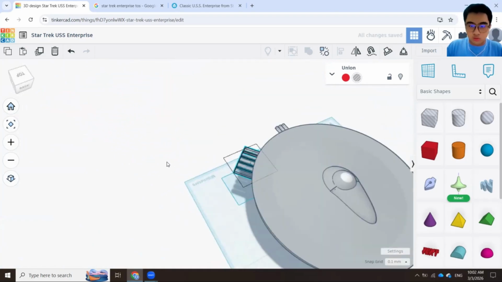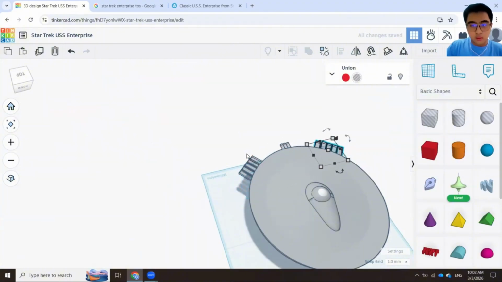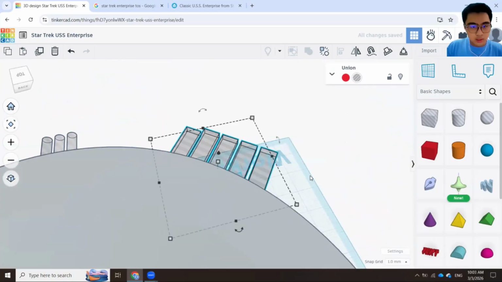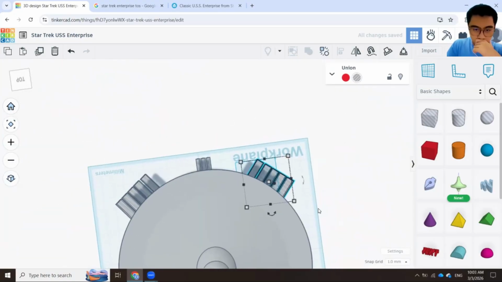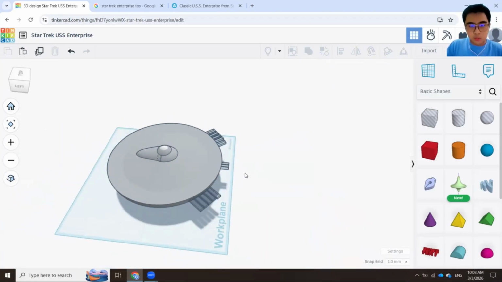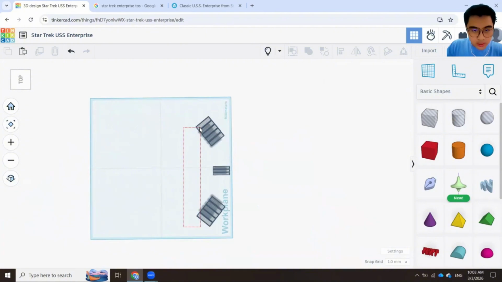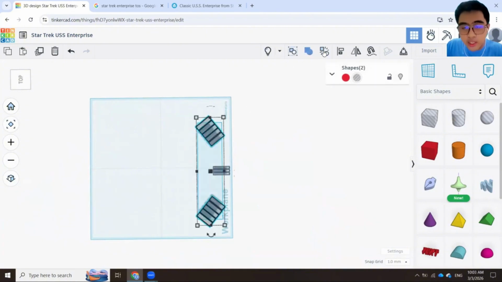Okay, I'm going to Control D at the other side. Control D. I'm going to change the snap grid to one, flip it, and move it. Then, okay, focus it back here. I want to see on top if it's the same. Okay, I think that's about it. Okay, same goes for the back part as well. Wait, this one disappeared for a while, same goes at the bottom. Going to combine these two, not really combine, just bundle them up.